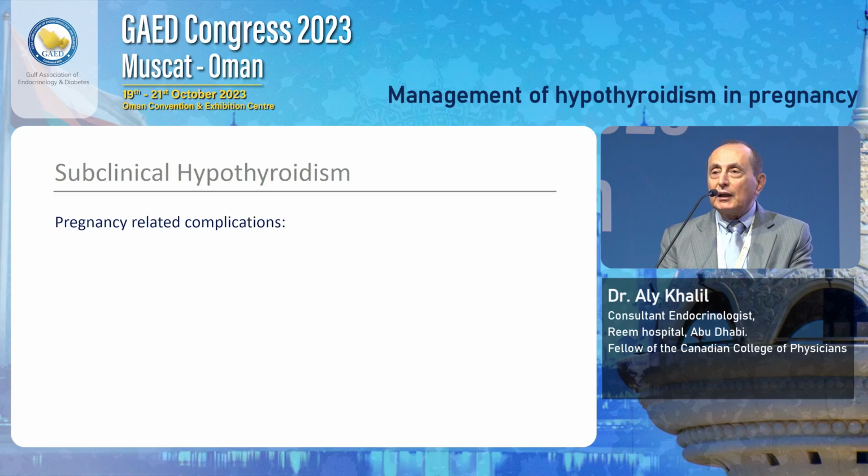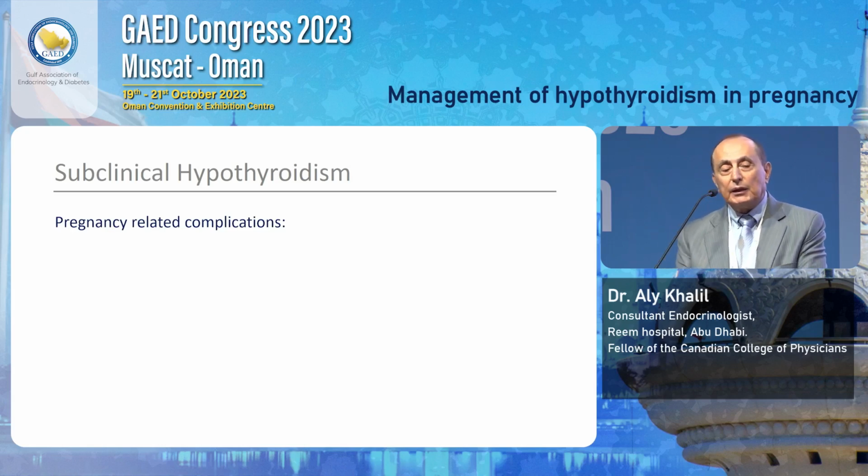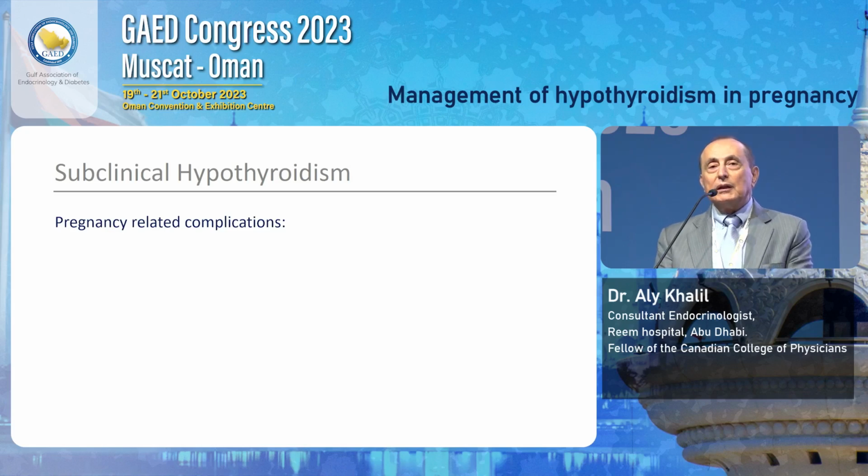Now, for subclinical hypothyroidism, it's a spectrum. Since there are obvious adverse events in overt hypothyroidism, we should expect some adverse effects seen in subclinical hypothyroidism. But again, keep in mind that the literature is based mostly on cohort studies, observational studies. There are a few randomized studies. So the data is heterogeneous and based on multiple reasons.